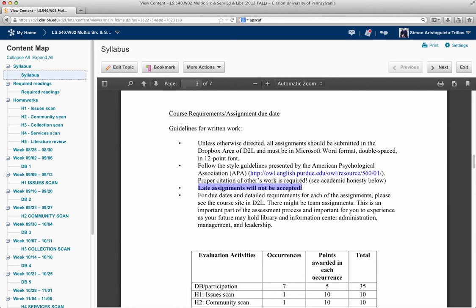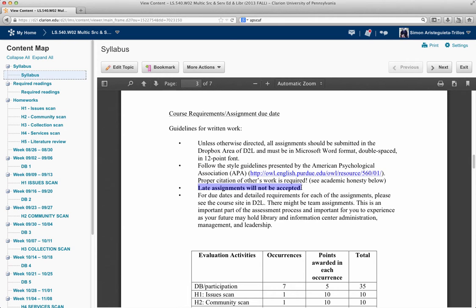Don't email me at 11:58 p.m. to tell me that you're sorry because you couldn't submit your work because something happened that didn't let you. Because you have plenty of time. You can start working on the class right now, today. Beware though that everything is timed. Everything is open, but it will be locked after the due date. So you have to do it on time.